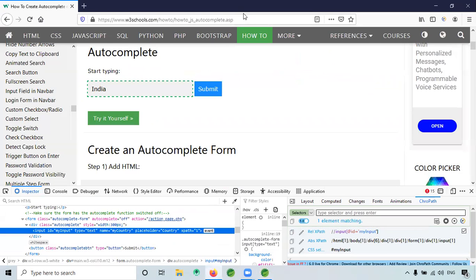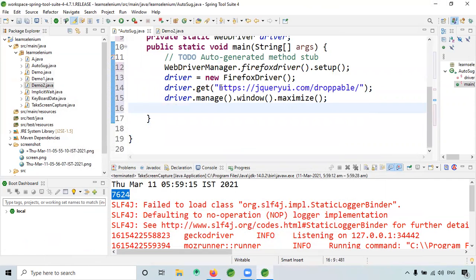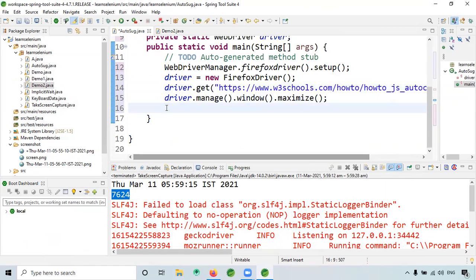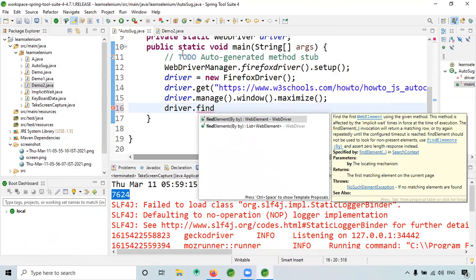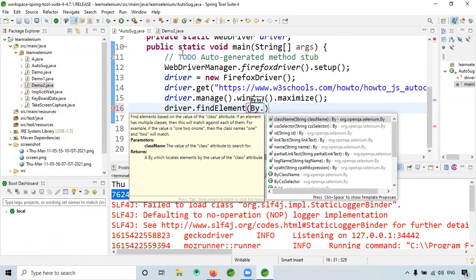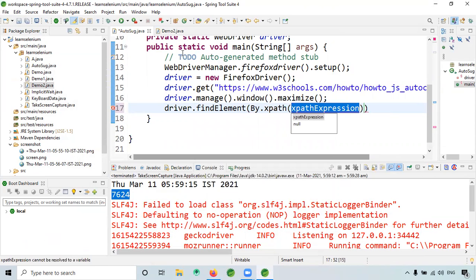It has to go to this URL, I'm just giving it here. So driver dot findElement by dot xpath.